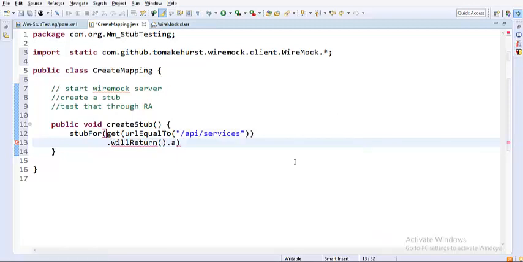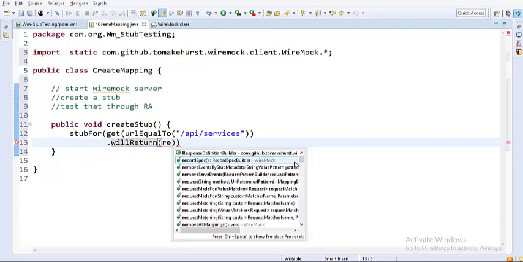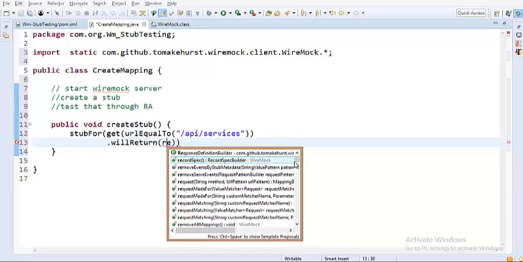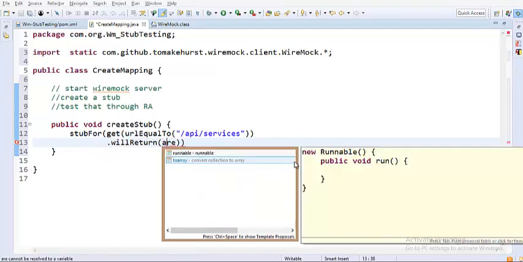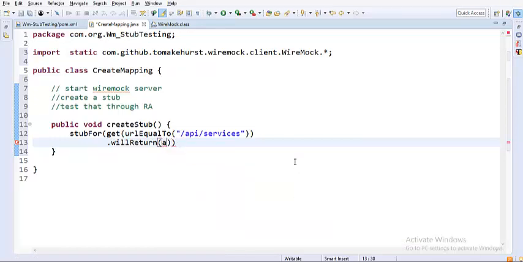Just one moment guys. It will return some response. If you go here, there is a method called response, and I'm trying to call that method.